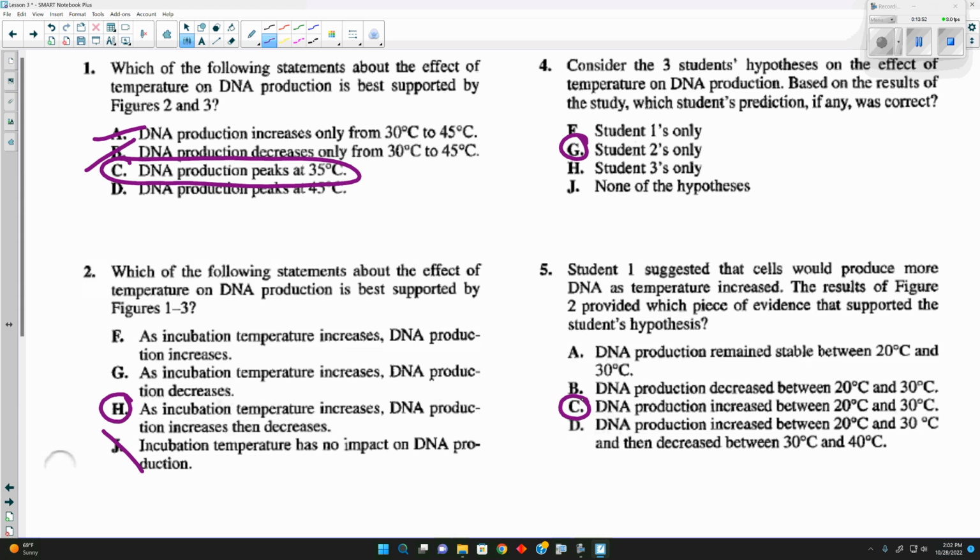Questions on any of this here? Y'all kind of feel comfortable with these? I'm not going to torture y'all with